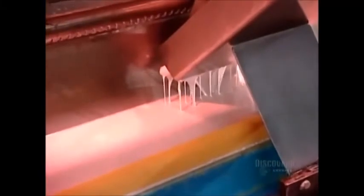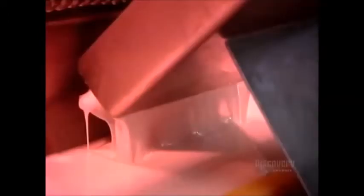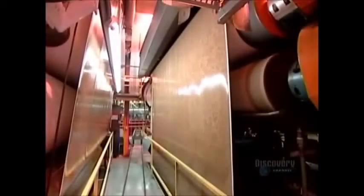Now it's time to apply the floor's top layer. This coat of vinyl is known as the wear layer because it'll be subjected to the wear and tear of walking. The wear layer protects the design printed on the vinyl foam underneath. Made of PVC resins and plasticizer, it goes on white but turns transparent once fused in the oven at 220 degrees Celsius. At the same time, the heat of the oven activates the blowing agent in the vinyl foam underneath,